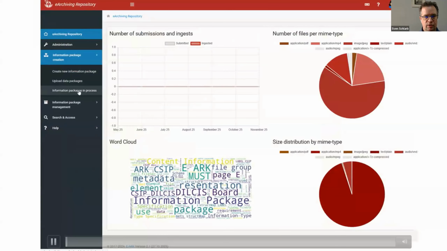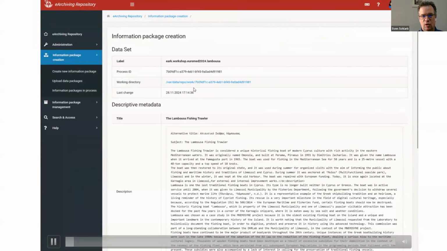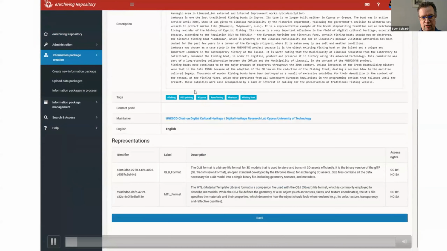From here, we go quickly into the eArch reference implementation, where we have the view on a submission information package, where we create this submission information package. You see two representations. Just to mention that representations is a core concept of the eArch specifications, because over time, if you do preservation actions, what actually happens is that you create new representations. For example, if a format becomes obsolete and you need to add a new format,